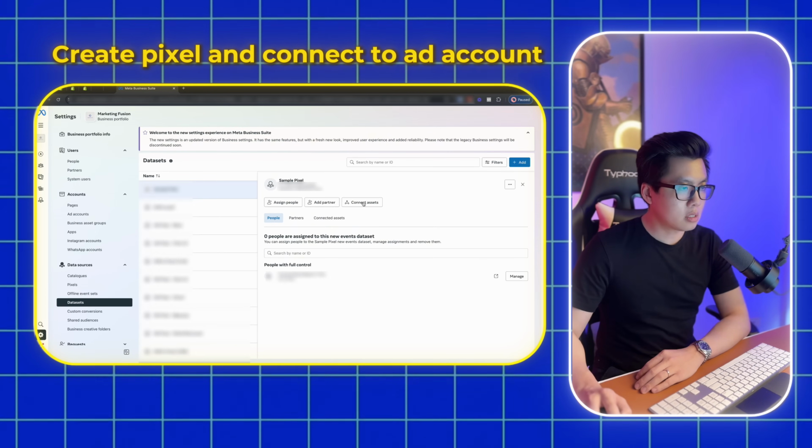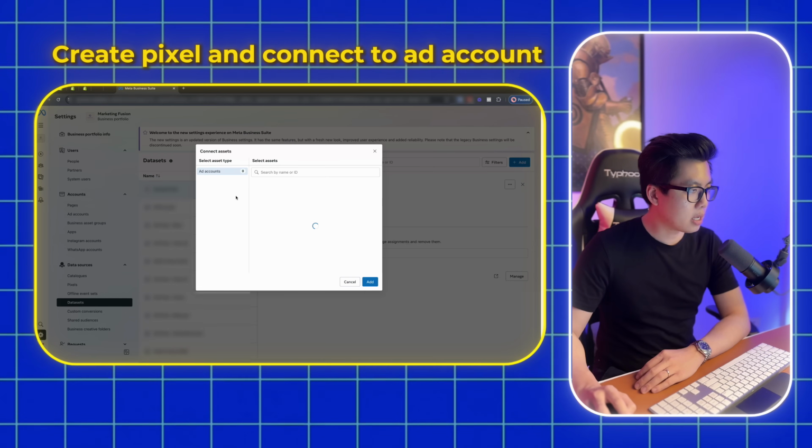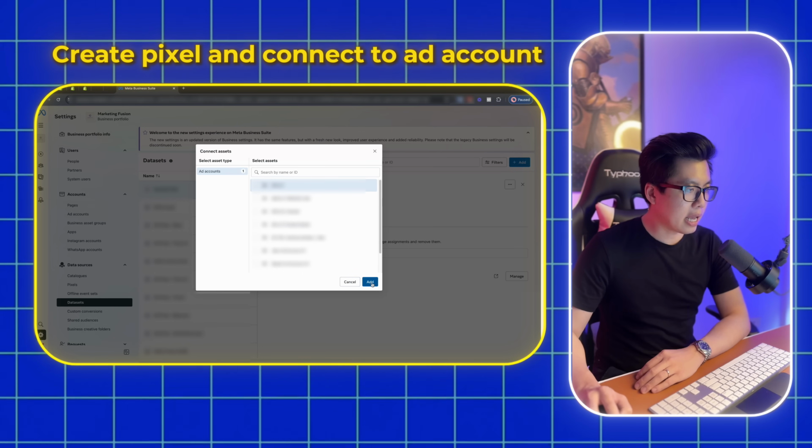To connect to the ad account, click Connect Ad Sets, choose your ad account that you just created, hit Add,